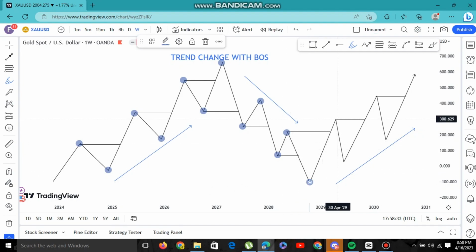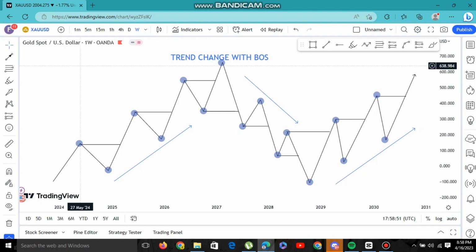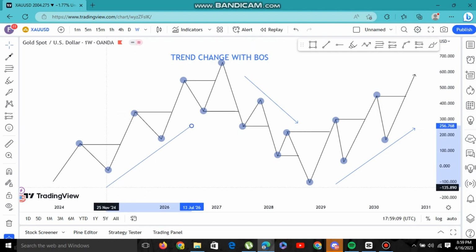Remember, with smart money trading, we are always trading in the direction of the break of structure. So once you don't know how to understand or how to identify your break of structure, then you're always off guard and you'll find yourself on the wrong side of the market. So I've marked these structure points, as you can see. So this is definitely an uptrend because, as we said in the previous video, and now I suggest that all of you know how to